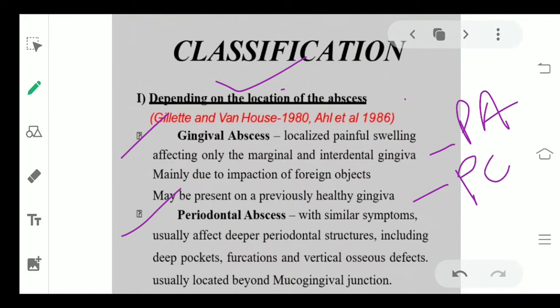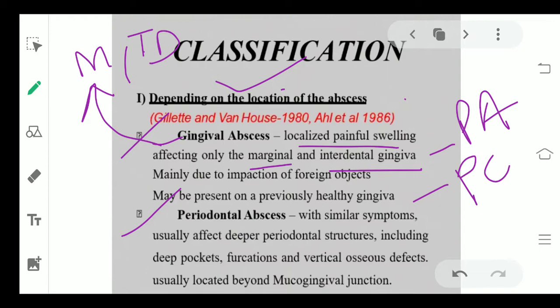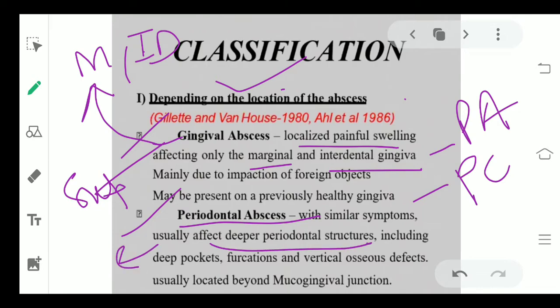So what is a gingival abscess? Whenever there is a localized painful swelling on the gingiva, especially involving your marginal gingiva and your interdental gingiva, then it is said to be a gingival abscess. Always remember, in cases of gingival abscess, your marginal gingiva as well as your interdental gingiva will be affected. Coming to the periodontal abscess, usually the symptoms are very similar to the gingival abscess. The only difference is that the gingival abscess was kind of superficial, whereas periodontal abscesses are going to involve the deeper periodontal structures. So it is usually associated with the